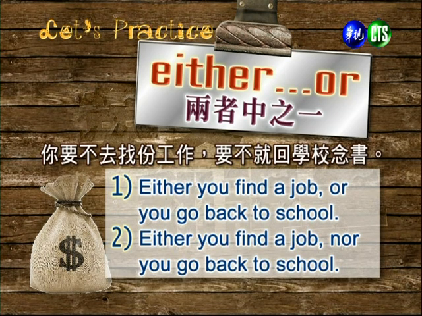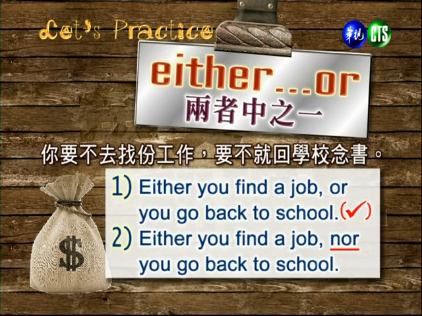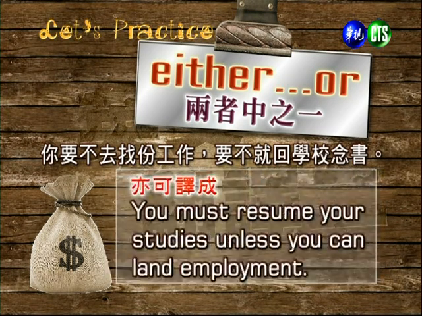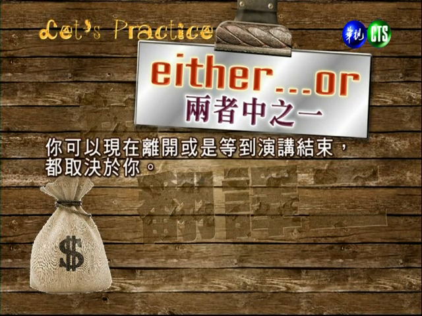Either you find a job nor you go back to school. 哪边有错？Nor is used with neither. So the first one has to be right. 对，我们 either 用 or，neither 才配 nor 哈，这不能搞混了。好，另外翻翻看。You must resume your studies unless you can land employment. 好，resume 就是重新再找到一个意思哈。好，那我们下面看另外一句，你可以现在离开，或是等到演讲结束，都取决于你。